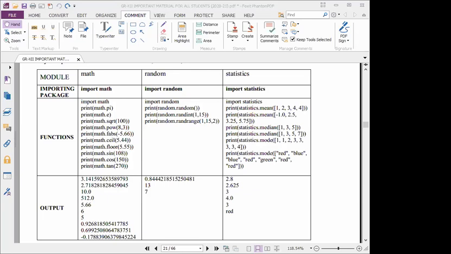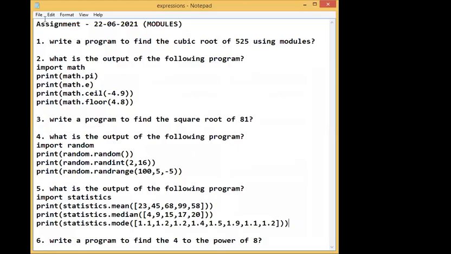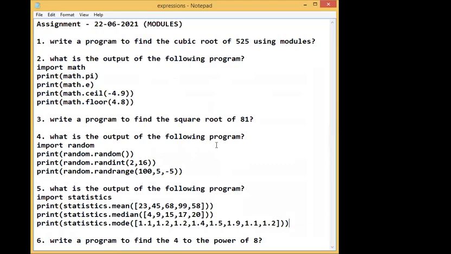Kindly everyone note down the next homework. I will share the screen. Actually this is not a homework, it's an assignment. Everyone take a screenshot of this assignment. Students, is it visible?